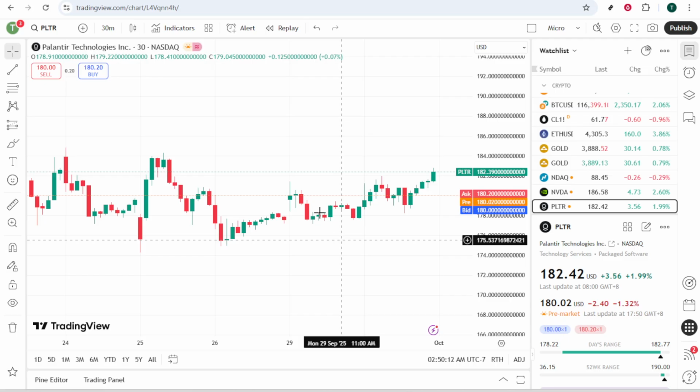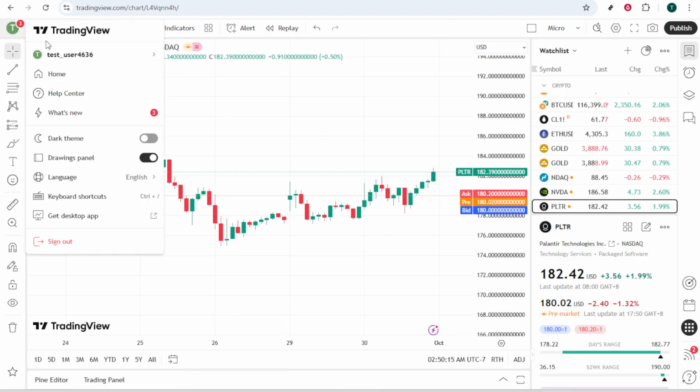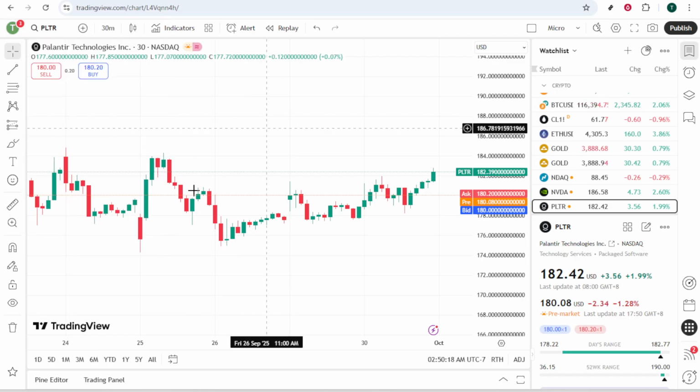First things first, make sure you are logged into your TradingView account. If you're not already logged in, head over to the TradingView website and enter your login credentials. Once logged in, you'll be greeted by the main dashboard featuring all your charts and tools. This is your workspace, so feel free to take a moment to familiarize yourself with its layout if you're new